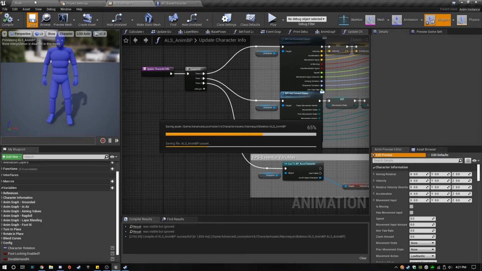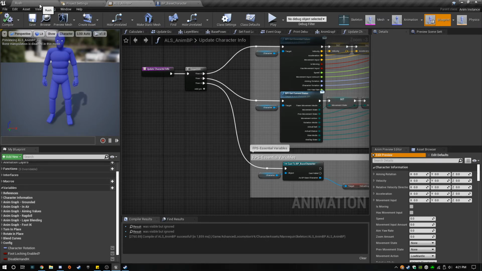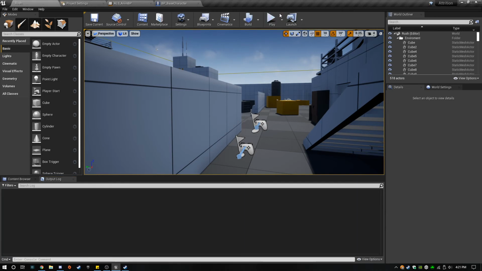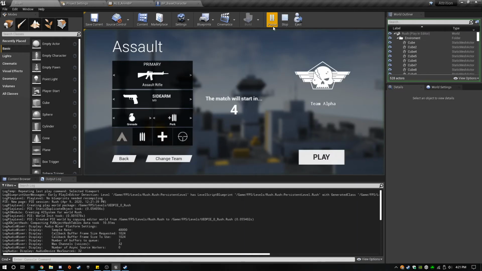Let's make sure we didn't break anything here. Once we get this IK thing, we'll do just kind of a round of gameplay, see how it works.